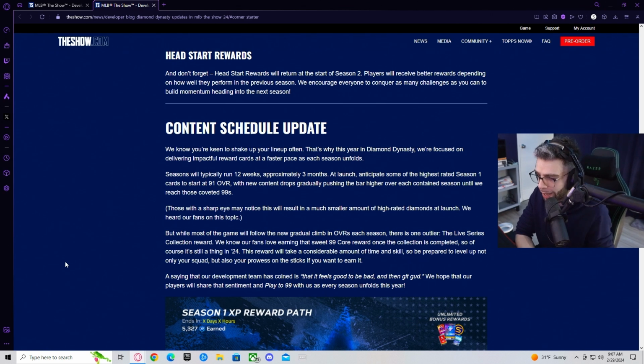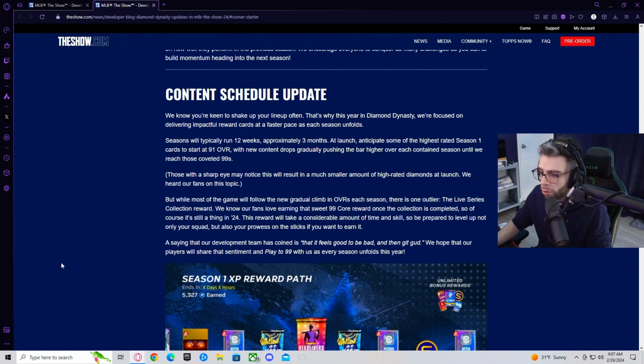That means sets are back. In a way, we see core here. So of course it's still a thing in 24. This reward will take a considerable amount of time and skill, so prepare to level up not only your squad but also your prowess on the sticks if you want to earn it. A saying that our development team has coined is that it feels good to be bad and